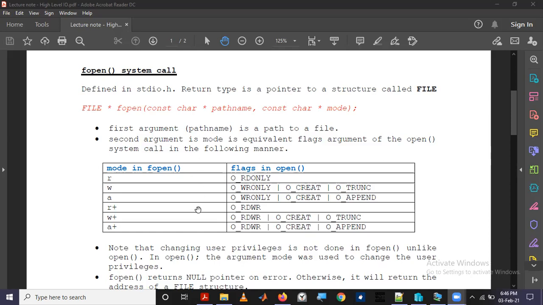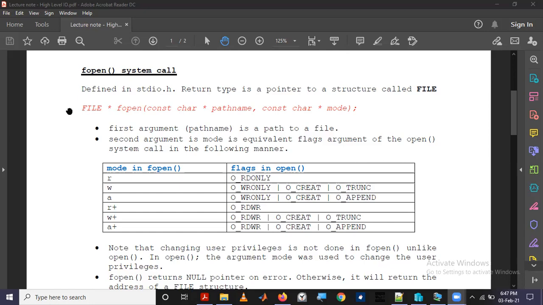Just like I explained in the beginning, if the system call fopen cannot open the file specified by this path name, if it is not able to locate that file, or the privileges are not there to open the file, etc., in that case a null pointer will be returned, just like -1 in the low level IO model.